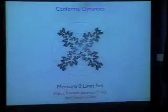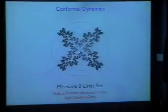This part on the outside is a union of round disks. And I'm enumerating the round disks here to try to figure out the limit set. The limit set is this very furry tree-like structure that's left over. And this is one instance, a borderline instance of the Ahlfors conjecture where, in fact, the limit set, by